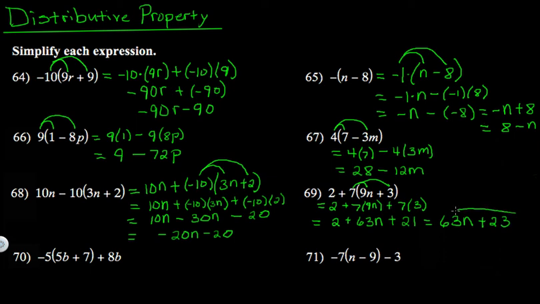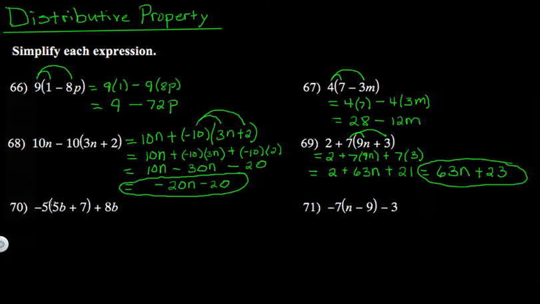Let's circle that just to make it a little bit clear as we're getting heavy with our steps here, and let's make ourselves a little bit more room. Okay, number 70. So here we have another distributive property. So we're going to distribute the negative 5 inside of our parentheses here. And so this becomes negative 5 times 5b plus